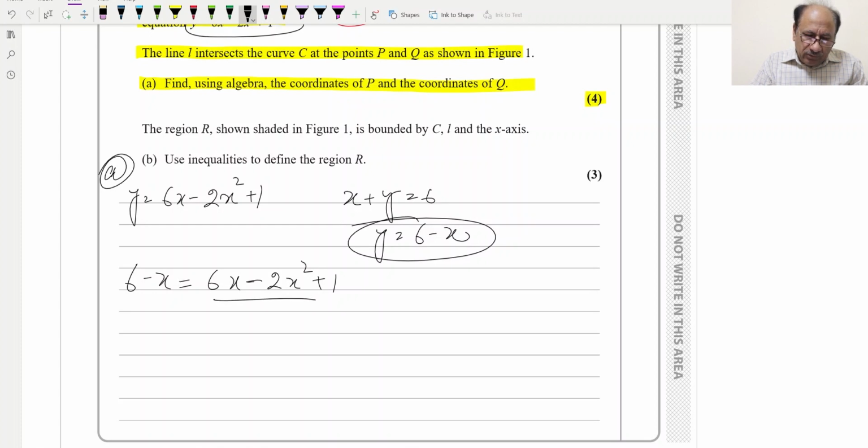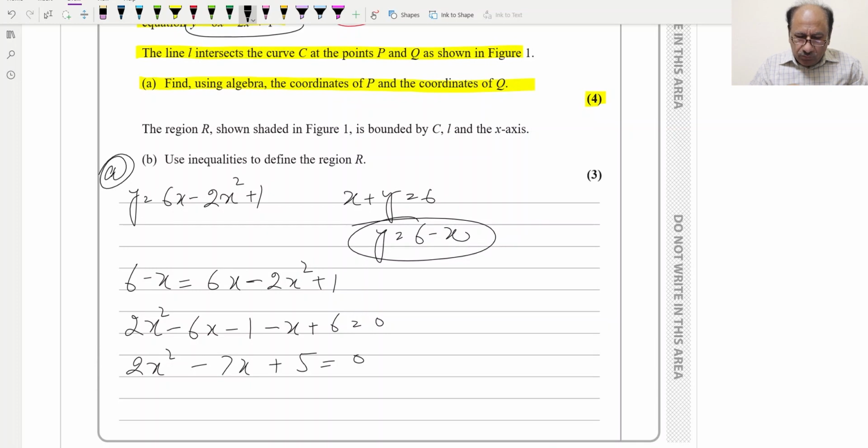we can shift everything to this side, so it will be 2x squared minus 6x minus 1 and minus x plus 6 is equal to 0. Now we can add the like terms, so it will be 2x squared minus 7x plus 5 is equal to 0. This is our quadratic equation which we can solve, and we can factorize this,